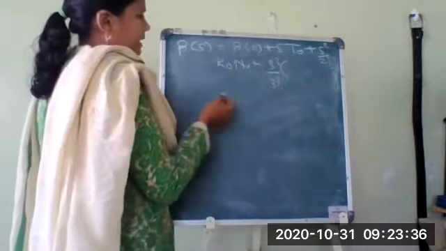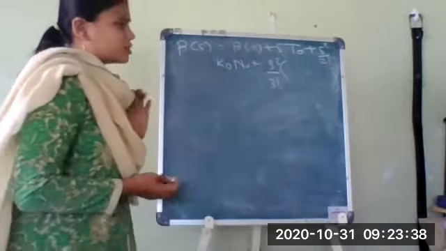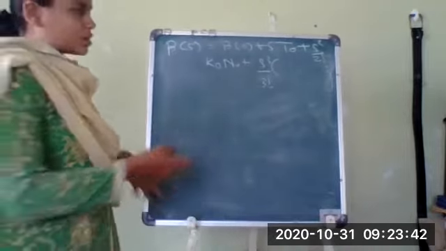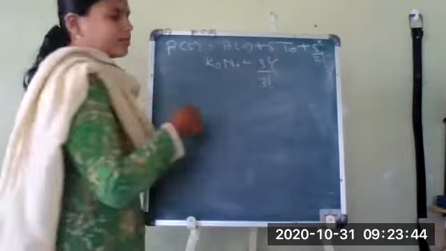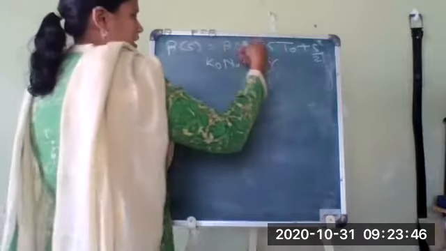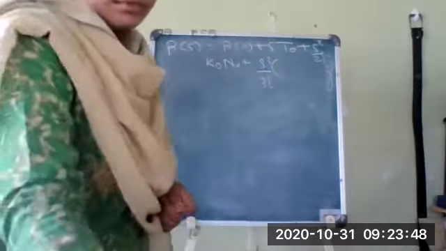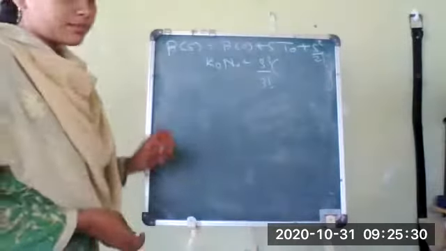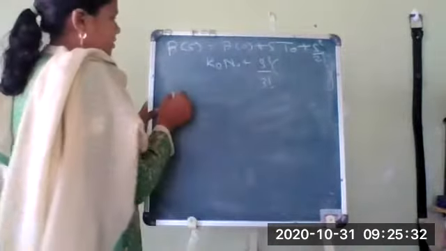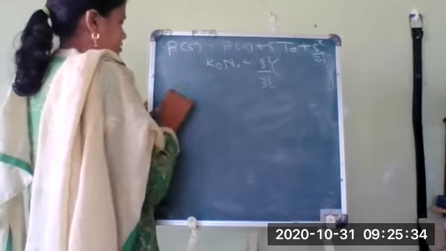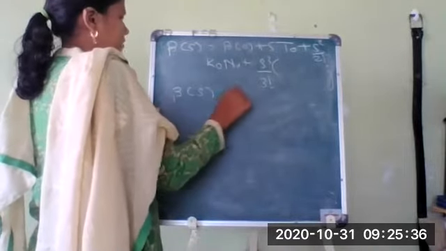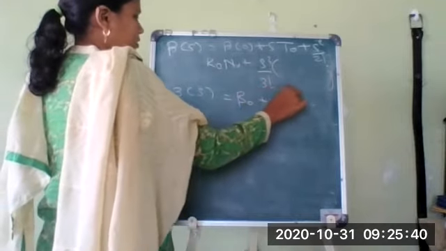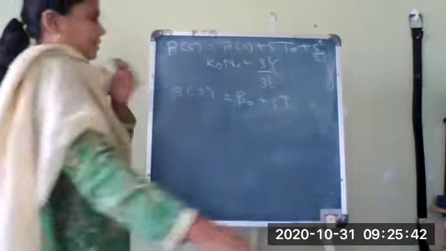Now let us go case by case. If we are assuming that s is very small, then what about s square? It will be even smaller. So if s is very small, we can write beta of s is equal to simply beta naught plus s into t naught. The next terms we can neglect.